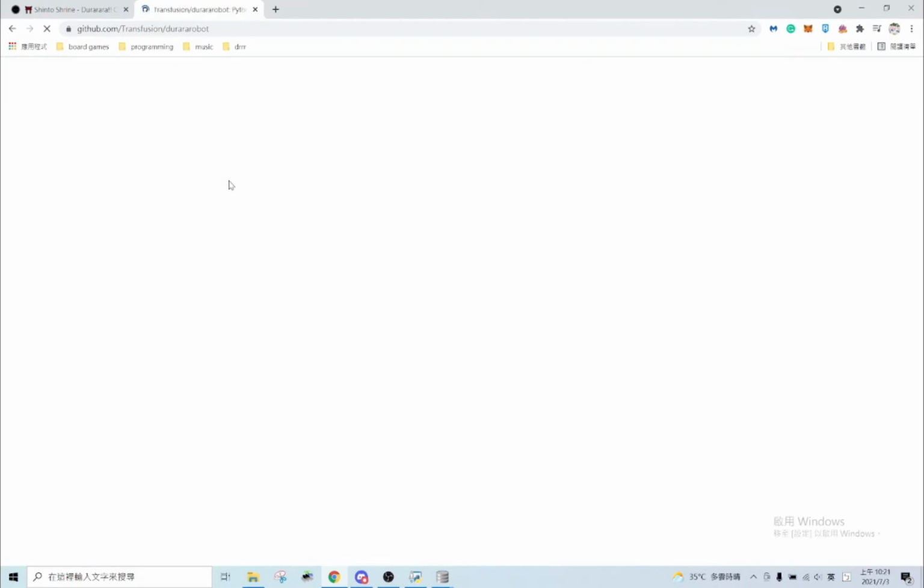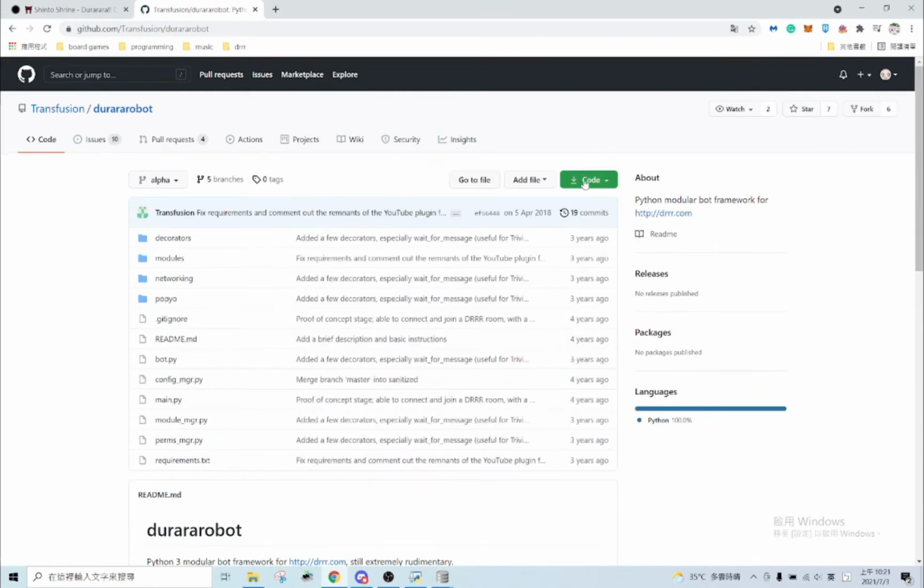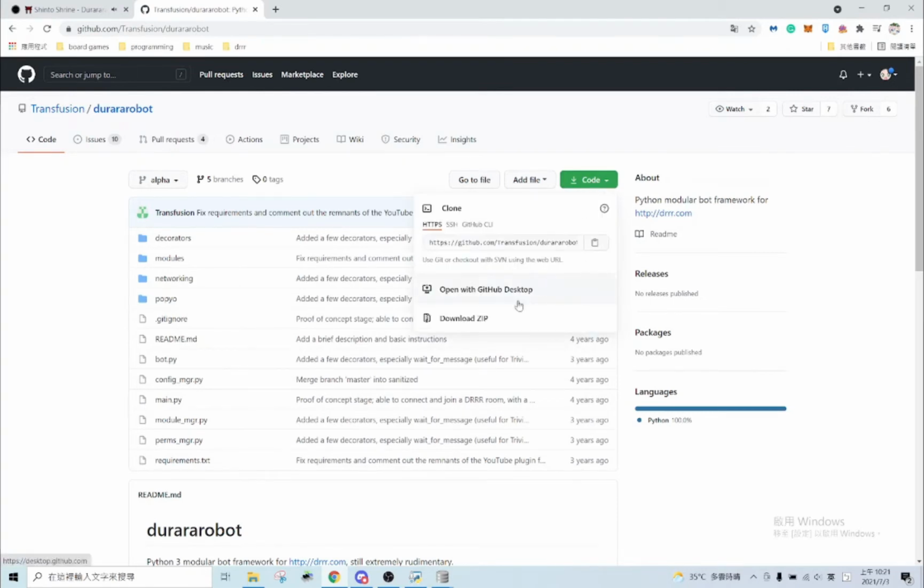There are other ways to do it. If you have Git, you can actually clone the code onto your computer, but for simplicity's sake, I'm still not very familiar with Git, so I can't do that for you. So right here it says download zip. So you download the zip file, and it should download it to your